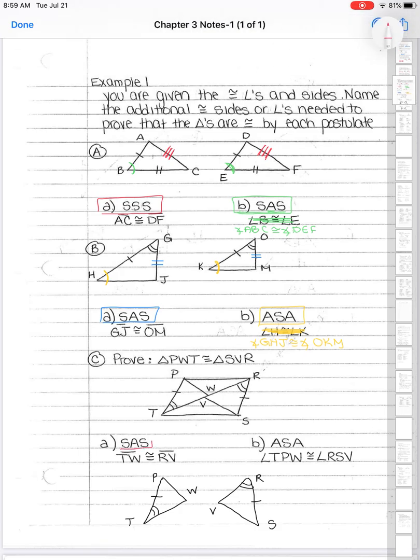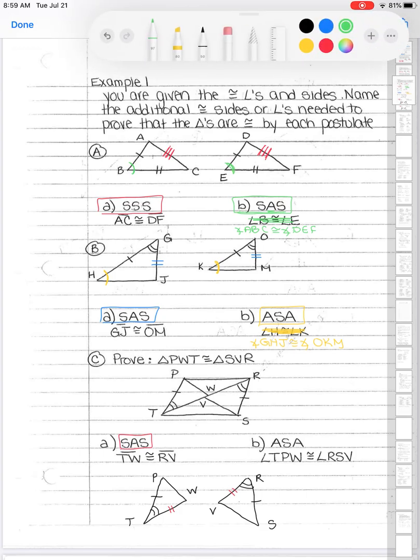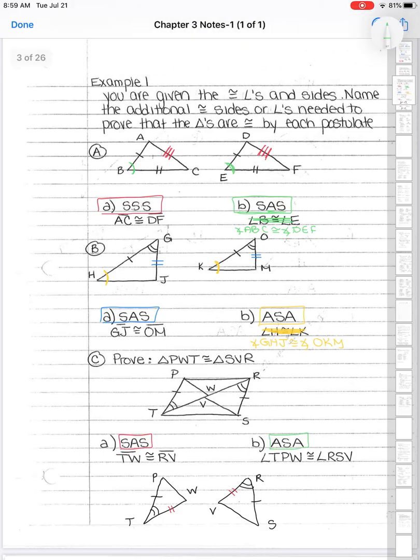But I will tell you that you're going to definitely see a lot of things along these lines. So I'm just redrawing the two triangles that are being discussed in this particular problem, just so that we separate it a little bit. All right, so if we look here, we're saying, all right, well, I want to prove it by SAS. So that means my angle has to be between my two sides, which means this needs to be my second side. So T to W would then match with R to V. And if I'm doing ASA, that means